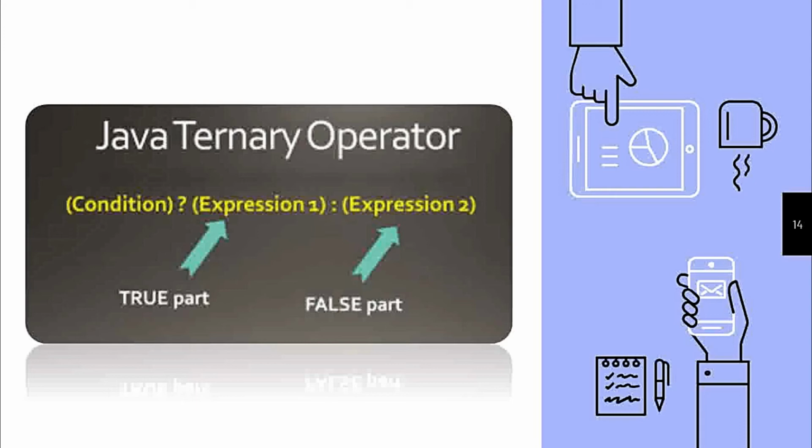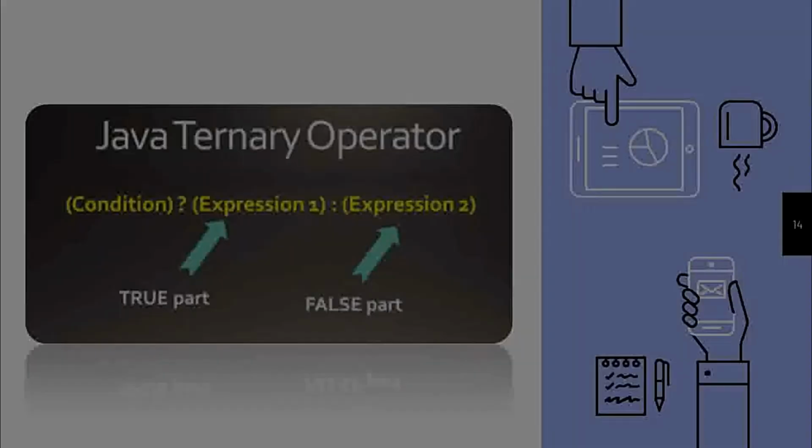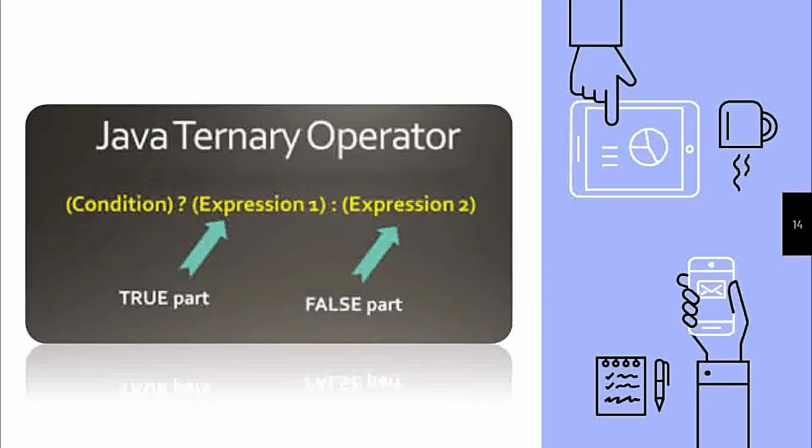We will see the if then else part in detail in future videos. For now, just understand that the if statement is used to make a decision based on a condition, which allows testing a condition. If the condition is true, the code inside the if block will be executed, and the else statement will execute when the condition is false. So here, as you can see, condition, expression 1 and expression 2.